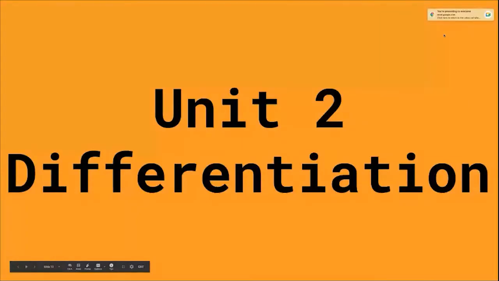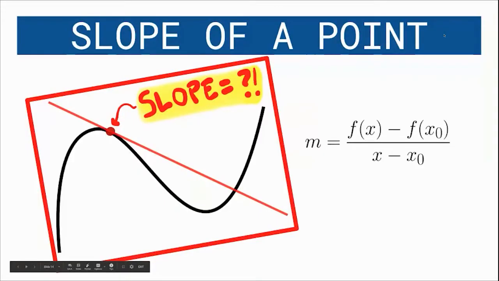Okay, so unit 2, differentiation. Remember, frame your mind around this. Everything you're doing is just finding the slope of a point. That's all we're doing. It gets really chaotic, and there are all these numbers and equations everywhere. But when it comes down to it, the bare bones thing you're trying to do here is find the slope of a point, or something adjacent to that, something related to that idea of